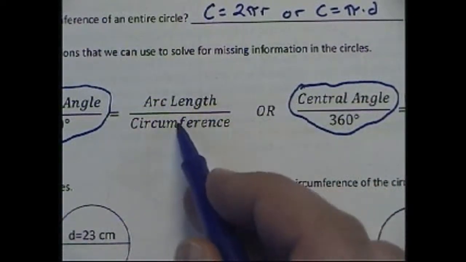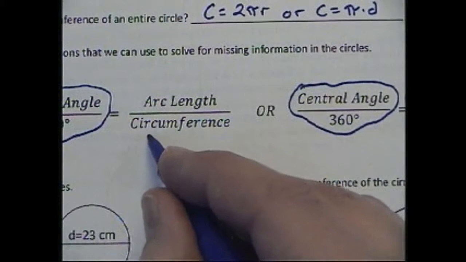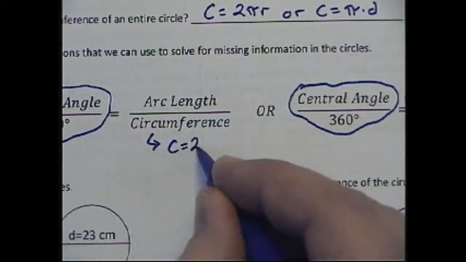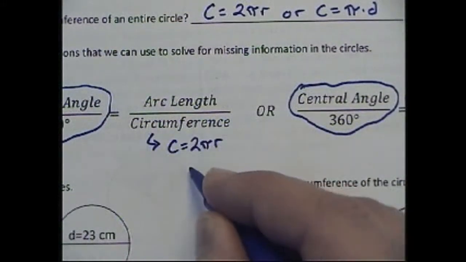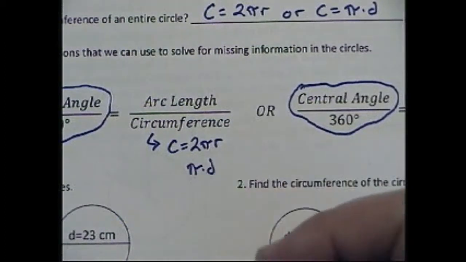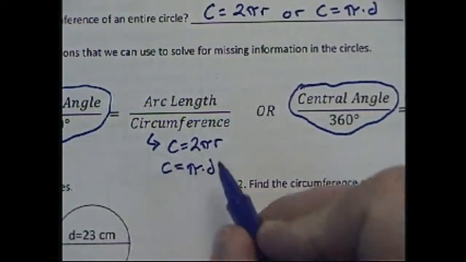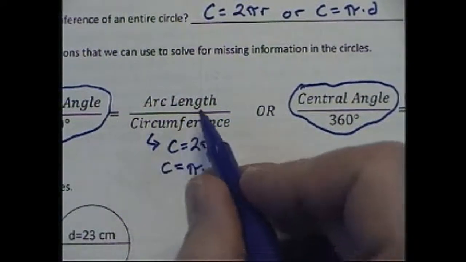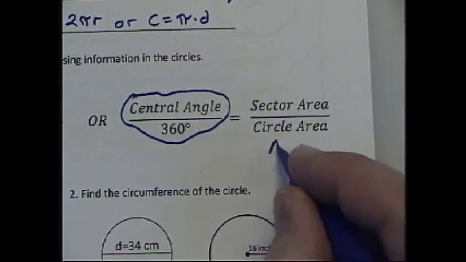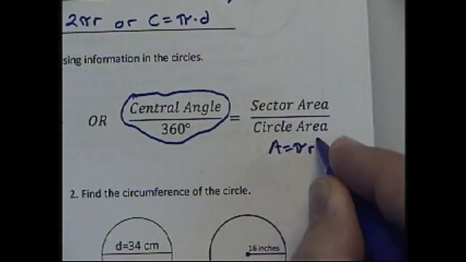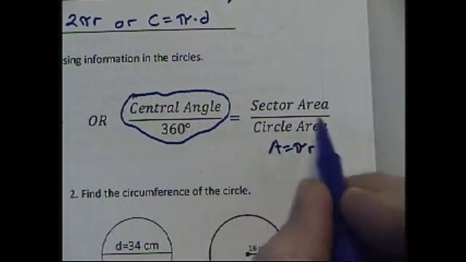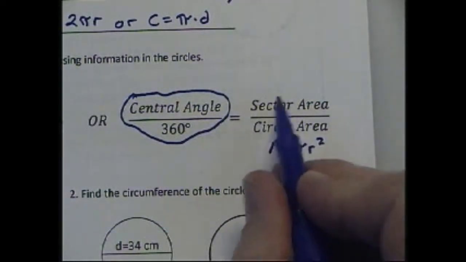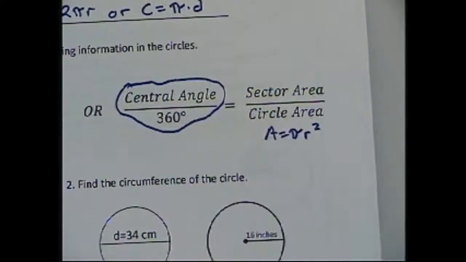If you are looking for an arc length, we're talking about a length that is circumference. So here you will see me write 2 pi r, sometimes pi times diameter. That is the circumference. You need to know the whole before you can find the part. The same is true for area. For area, we're going to use the formula pi r squared. Find the area of the whole before you can find the part. So we're going to practice finding the area of the whole before we get into just looking at one of the pieces. So number one,